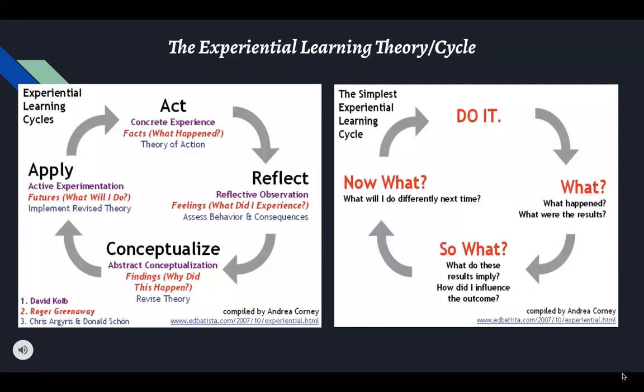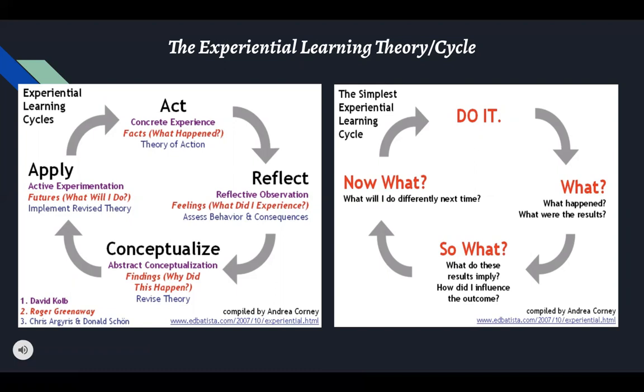So as we have already explained and gone through the parts of the experiential learning theory cycle, we are going to be looking at 2 different cycles here, which are the same. It's the same experiential learning theory cycle, but one's a little bit simpler to understand and explain. So let's look at the left one, which is the one that we had looked at on the previous slide. So we have the top middle, okay? It says act. So that's basically explaining the concrete experience part of the cycle, okay?